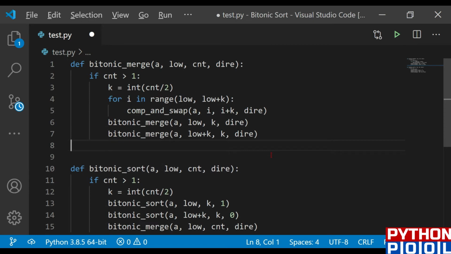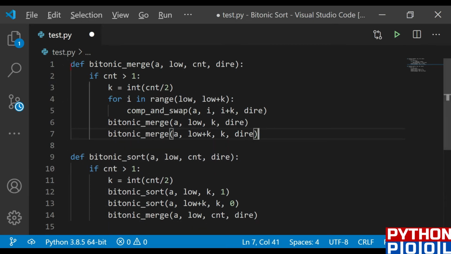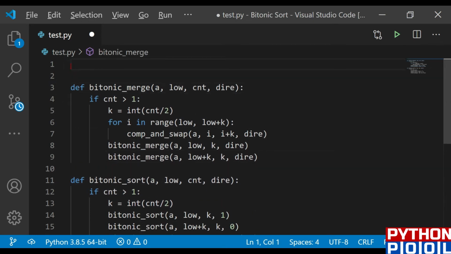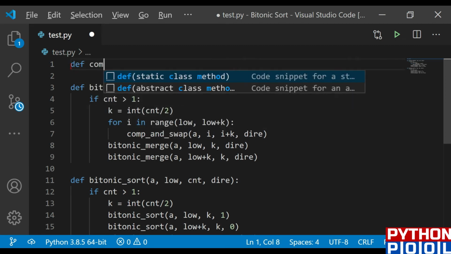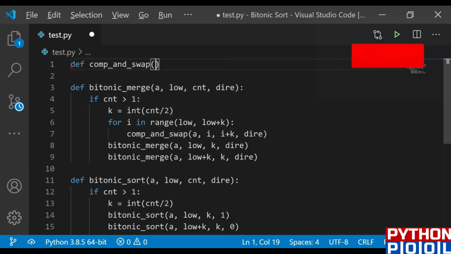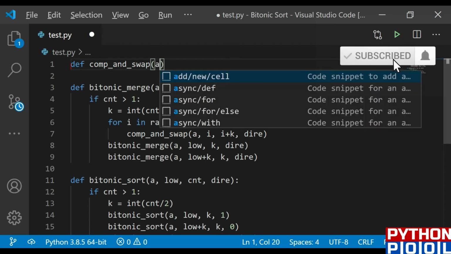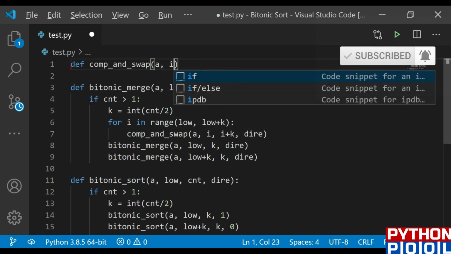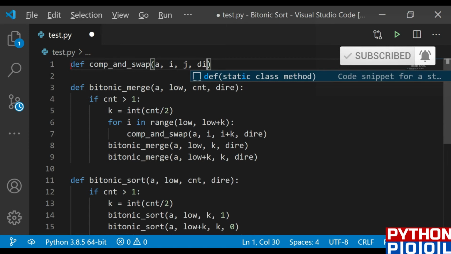Now I'm going to define the compare and swap function. So let's define this function right away. Def compare and swap, and it takes a list A, I value, J value, and the direction.